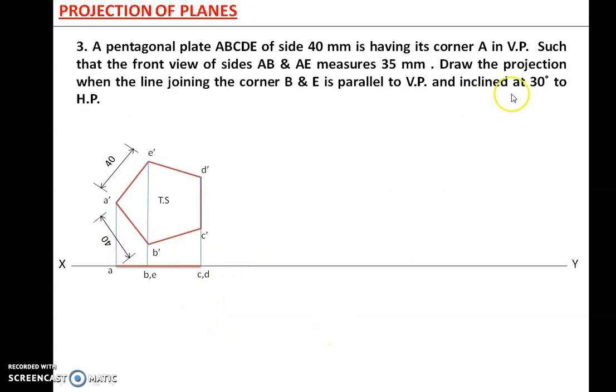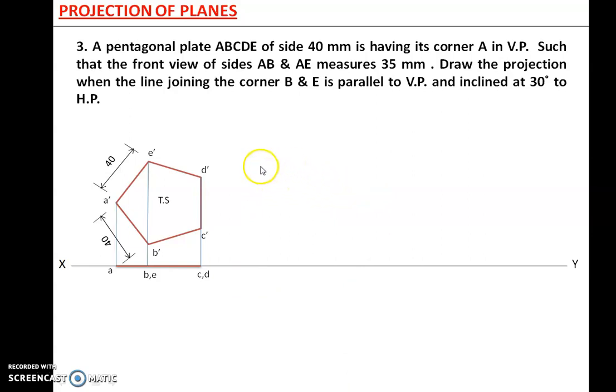So take care here. Don't go directly, thinking okay, 30 degree is there so I will take it here only. You have to compulsorily check that the inclination is with which reference plane. Then only you use it. So here, as the inclination with VP is not given, but I have to incline the line, what happens when the line is inclined? You will get the reduced shape here.